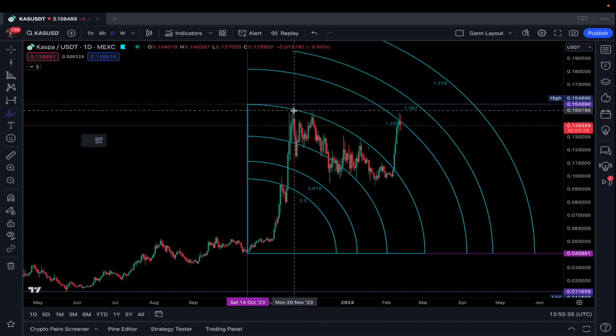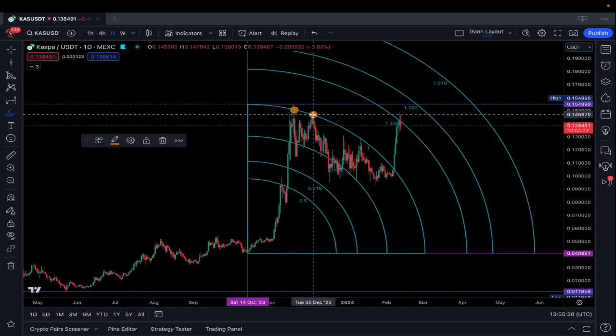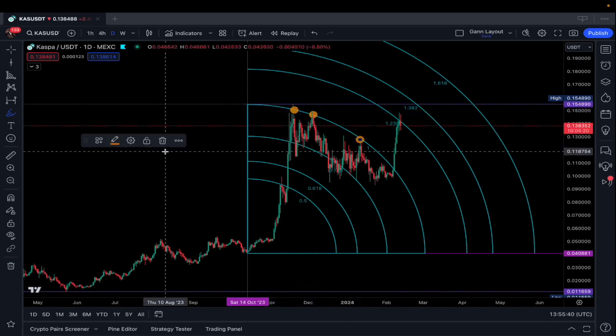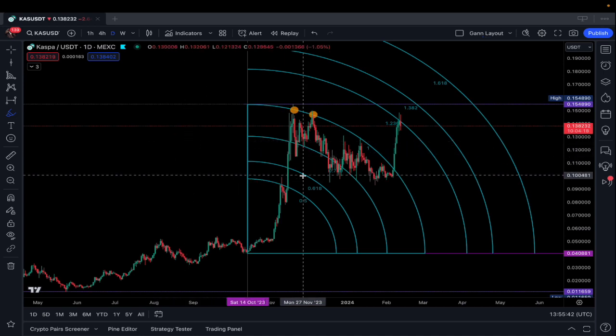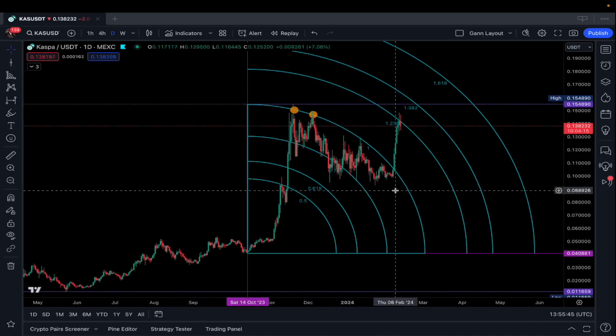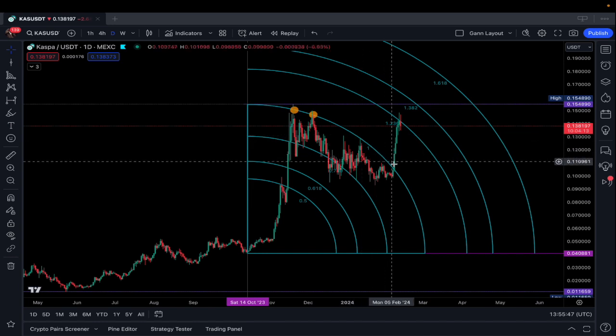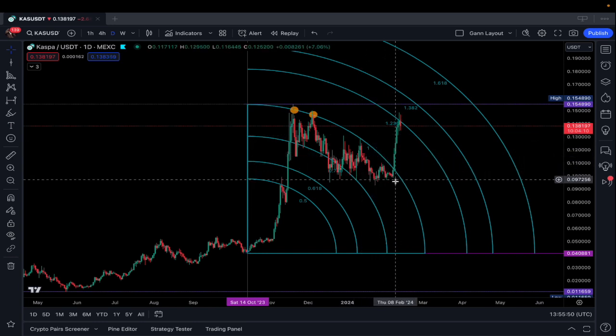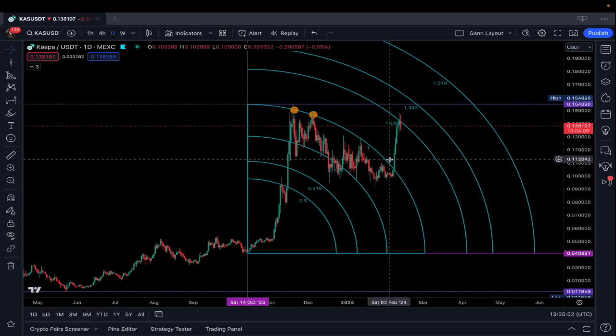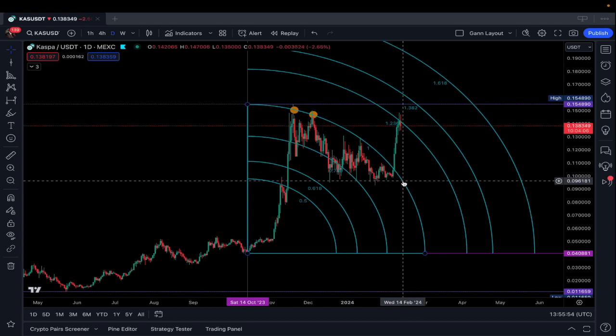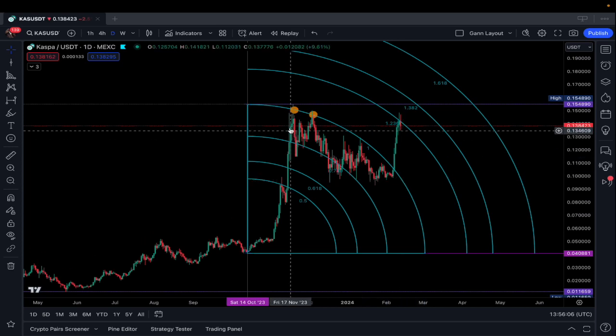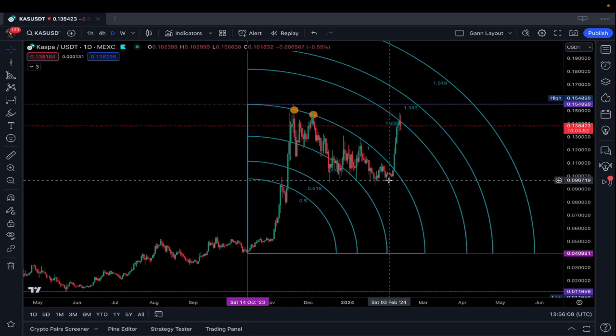And here you can see that the one level was resistance once, twice, three times, and I was looking for movement on the chart. So I just knew it because of these examples, that when Kaspa will reach the one level again and touch it again, something will happen on the chart. Now, I didn't know if it was to the up or to the downside, but I think that it was safe to assume that it is going to be to the upside, simply because it spent such a long time